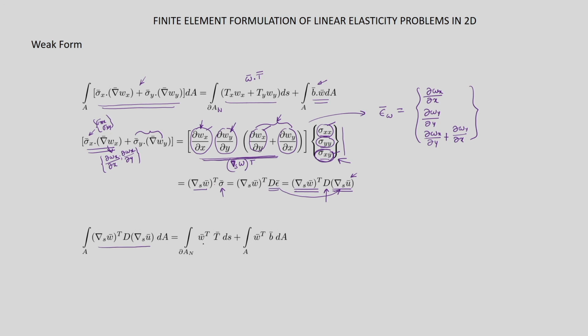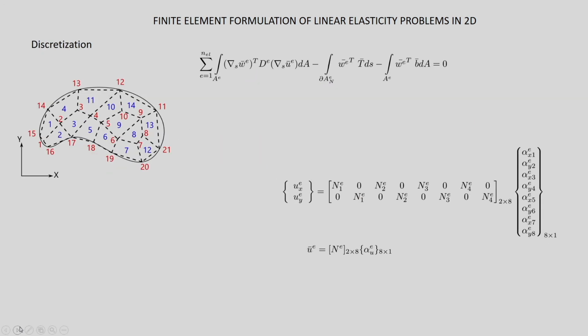And in the right hand side we know W dot T, so that is written as W transpose T, and the third term is basically W dot P. So, this is basically the same weak form written in a convenient form. Now let us go ahead and discretize the domain.